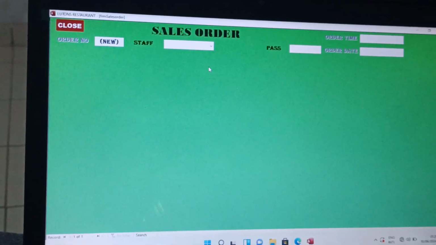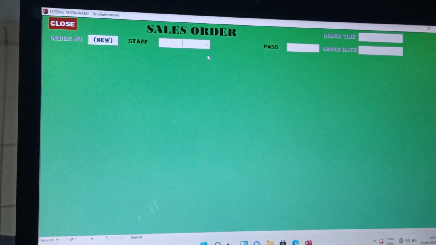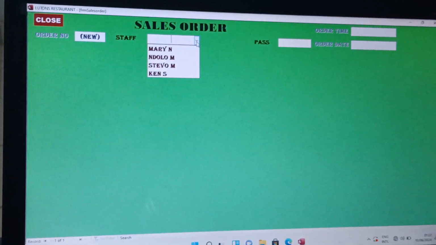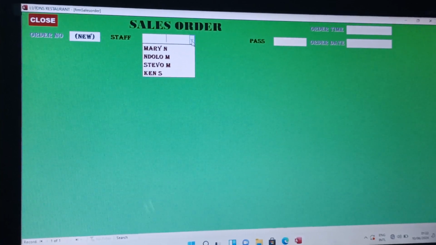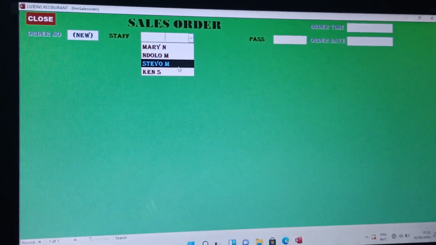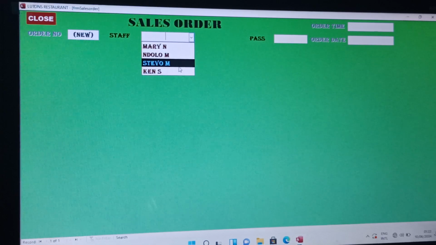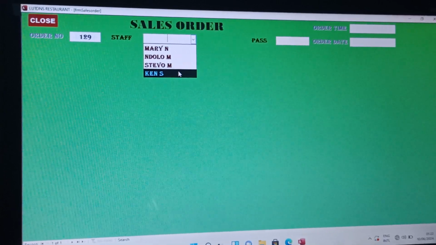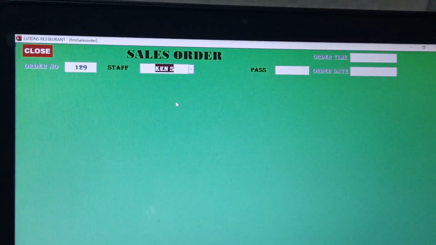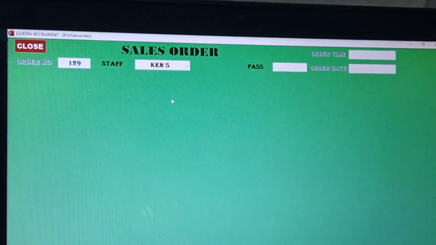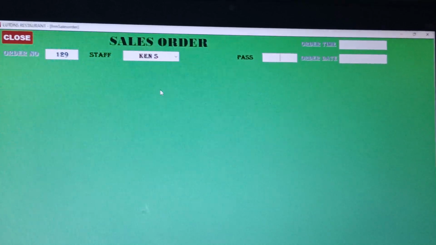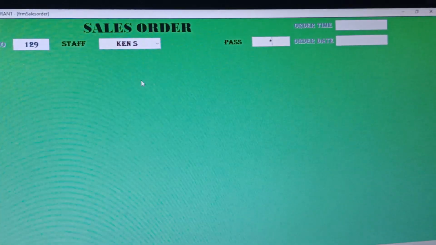And this is the sales page. This is where it navigates you to, and the process of recording sales is as simple as this. Your salespeople need to pick their names from a list of all salespeople available. So suppose the person who attended to these clients is Ken S. This is me. You just need to click your name, and to verify that indeed it is you by a password. Every salesperson has a password to prevent people from putting up sales under the name of other people. So I put up my password,